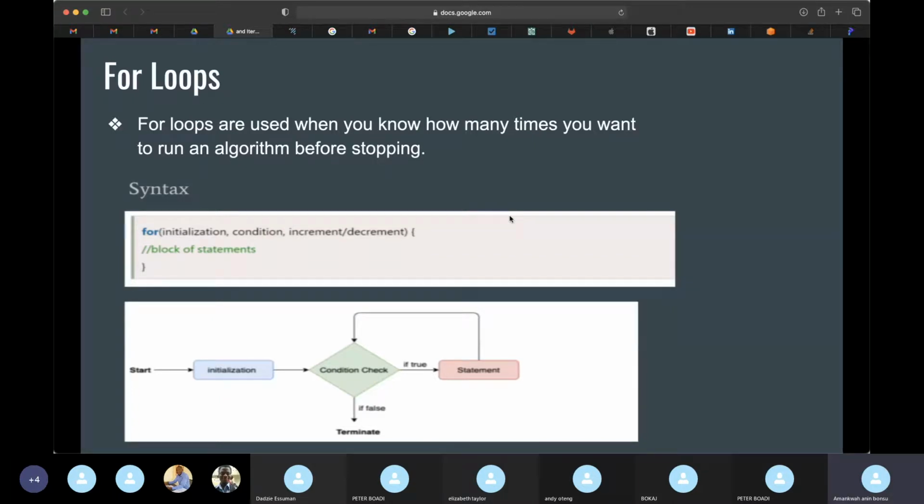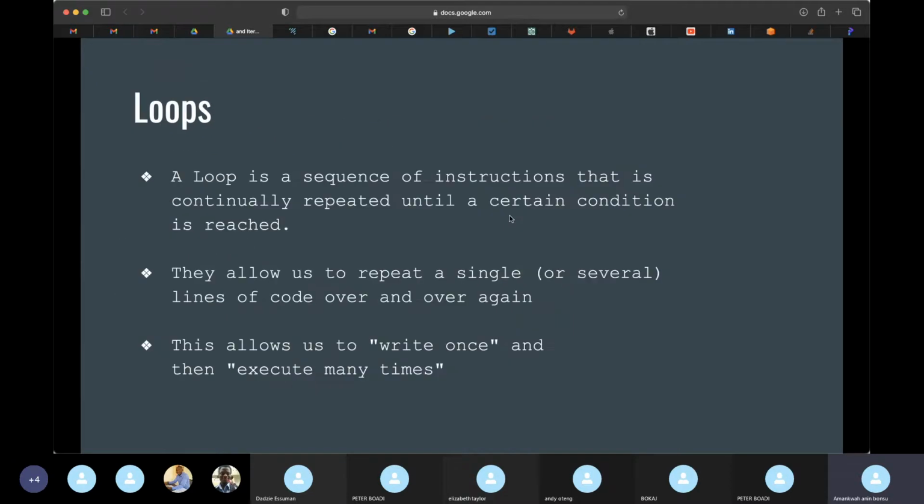So if we want to do the for loop, we start with the keyword for. And normally, since it's a list of data or a collection of data, you need to start with where you want to start your looking for or retrieving the data from. So let me go back to this